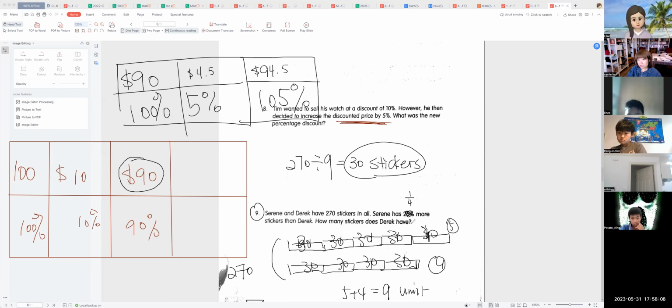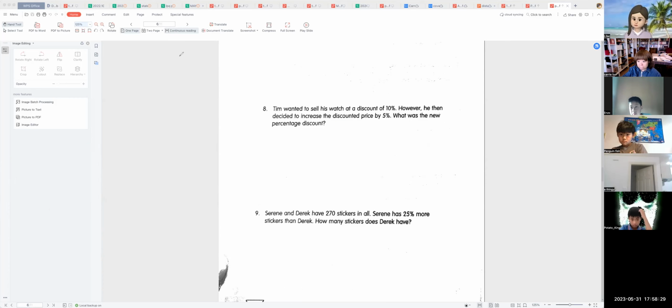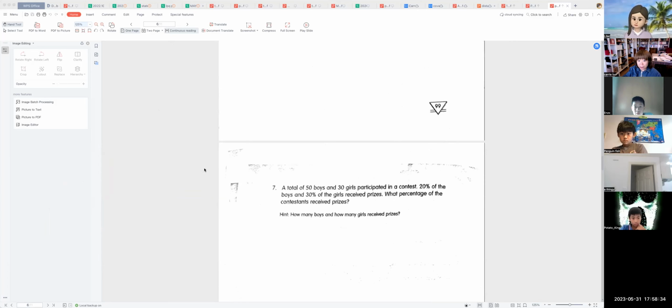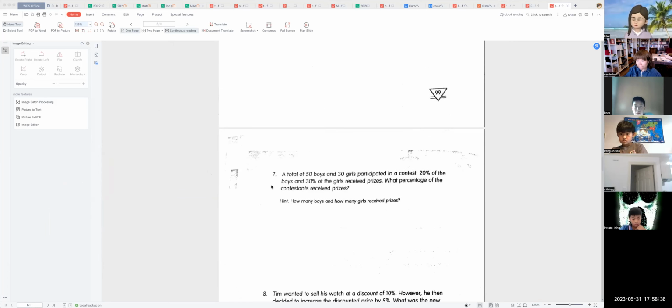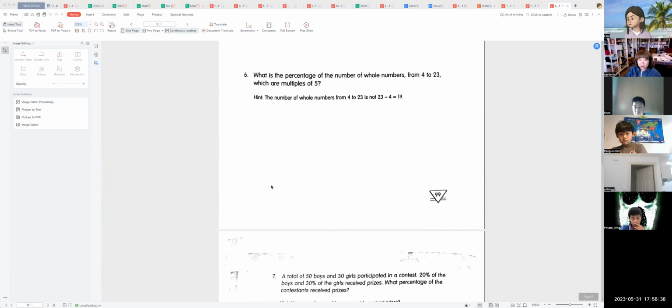So how many stickers does Derek have? How many? 120. Very good, 120. Good job, everybody. Okay, so if you think number 7 and number 8 is too hard, I think everybody think number 8 is a little bit hard, right? The rest of them should be no problem at all, right? Yeah, number 8有点难，其他应该都会吧？对，number 7都会的，对不对？Number 7都会。